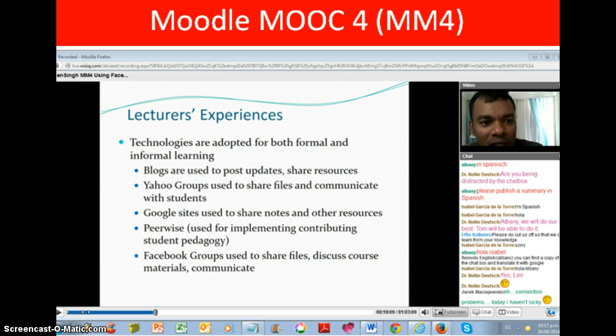Technologies are adopted for both formal and informal learning. Blogs are used to post updates and share resources. Yahoo groups are used to share files and communicate with students. Google Sites are used to share notes and other resources. Peerwise is used for implementing contributing student pedagogy, and Facebook groups are used to share files, discuss course materials, and communicate.